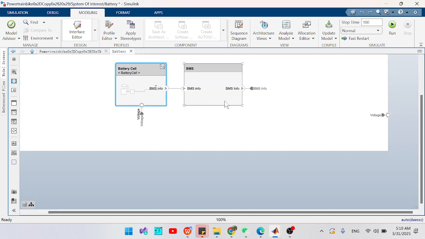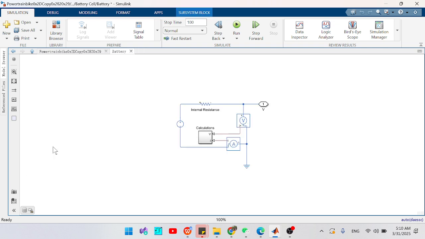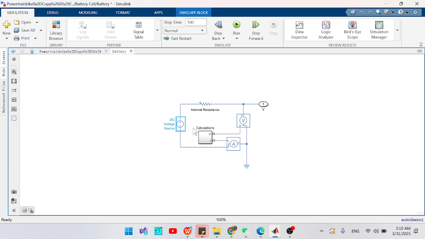So we have this BMS and the battery cell here. This is the Simulink model, where you can see the Simulink Simscape components. If we go inside the battery, we can see the battery includes 72 volts here, supplying 72 volts, and you have a voltmeter and a current sensor, which we say the ammeter, right? Which measures the current, and it is in series with the battery,